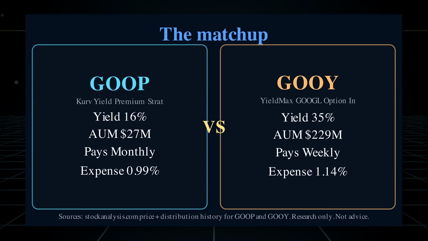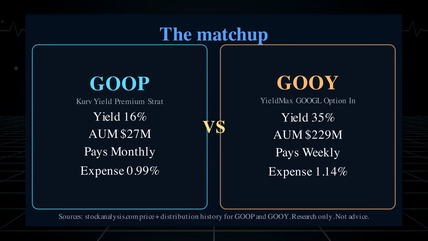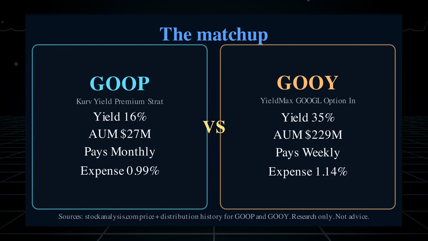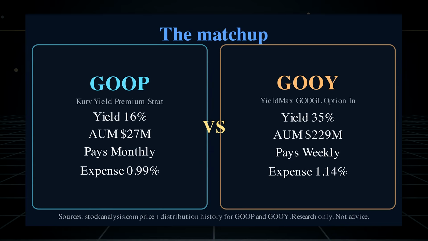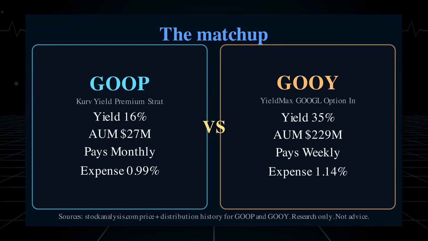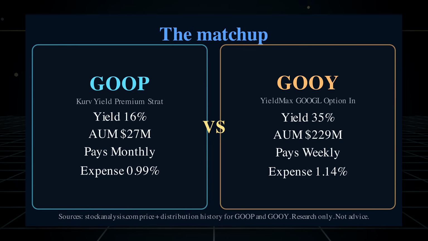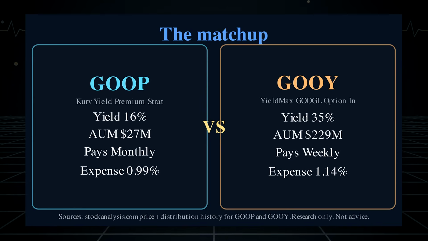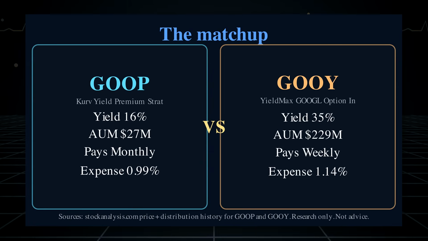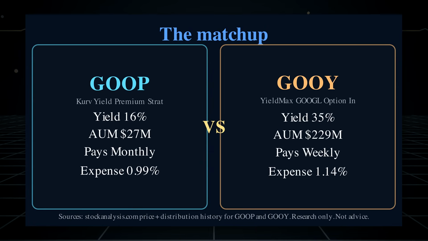That holdings list is the first clue to the machine. The Treasury bills and money market position are collateral, the sturdy table on which the options strategy is assembled. GOOP uses standardized exchange-traded options and customizable flex options to create synthetic exposure around Google stock, ticker Google. In plain English, the fund uses contracts to imitate much of the economic ride of the stock without simply owning the ordinary shares, and it sells option claims to collect premium. That premium helps finance the monthly distribution.